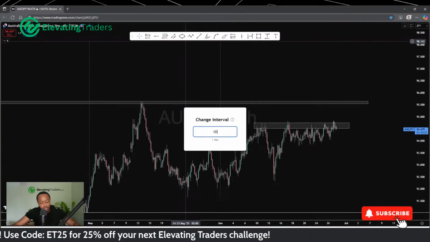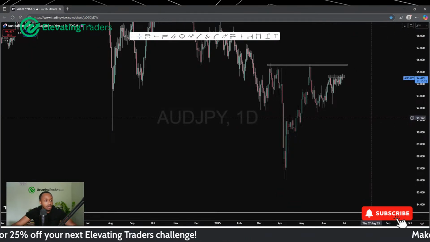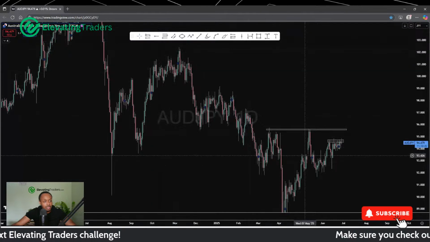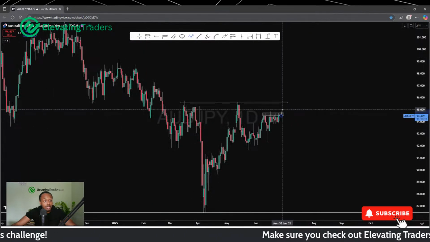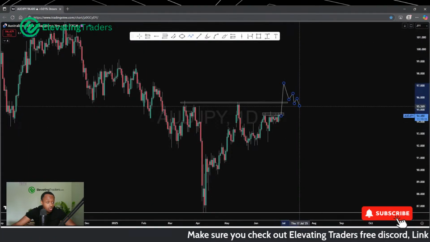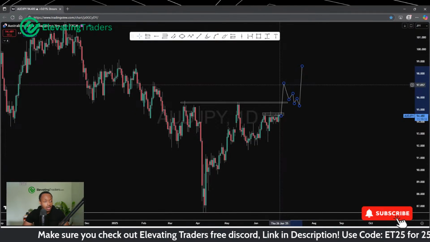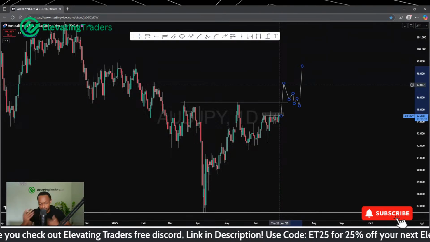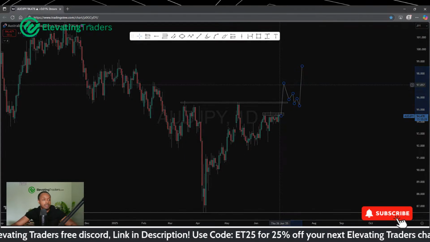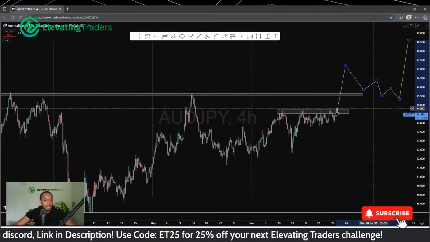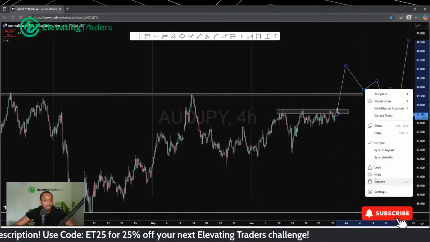Looking at the daily chart, I'm looking at this as somewhat of a bottom of this bearish move. So if the market does break higher, if I can find a pullback after that, I think that'll be a very smart trade, and hopefully I can ride that for a pretty big swing. But of course, a lot needs to happen before we can discuss that. Still stuck at some resistance here on the lower time frames.